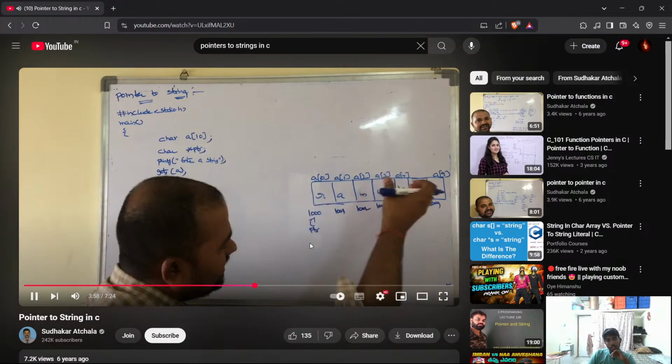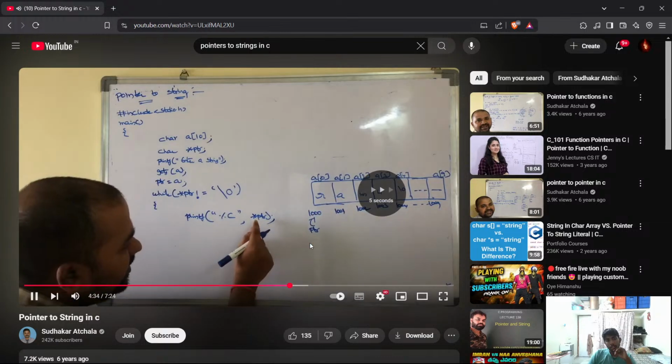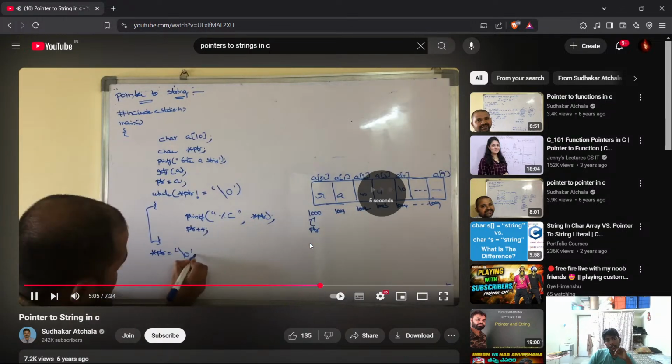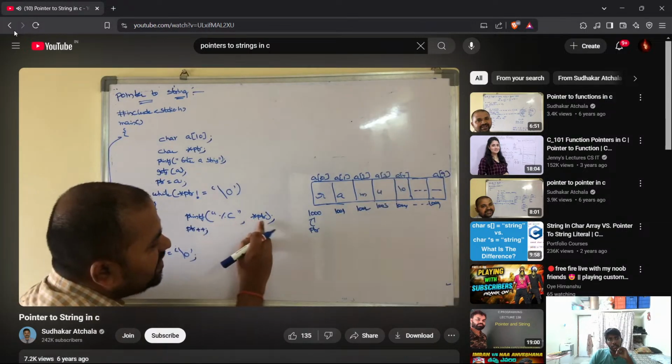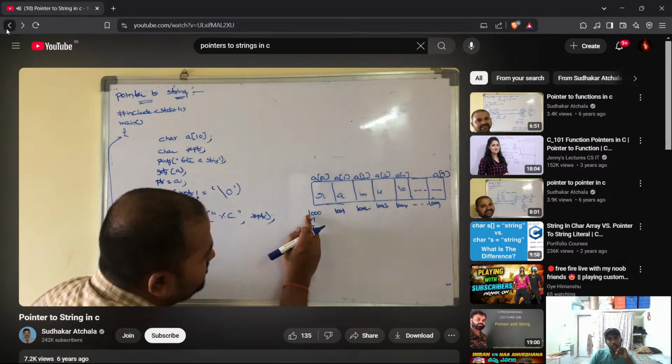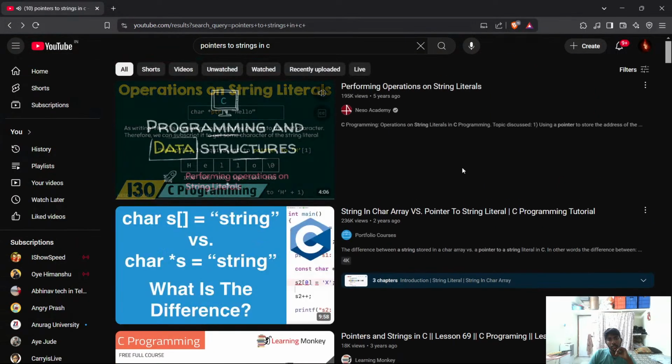So it displays the address. So printf percentage c comma star ptr. So ptr means C1, in this